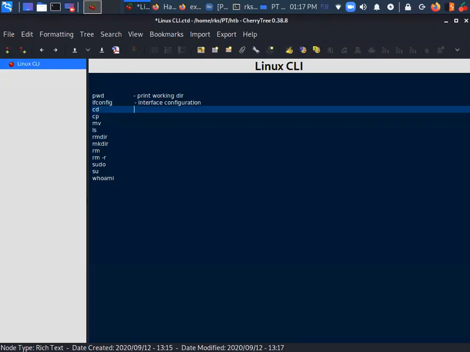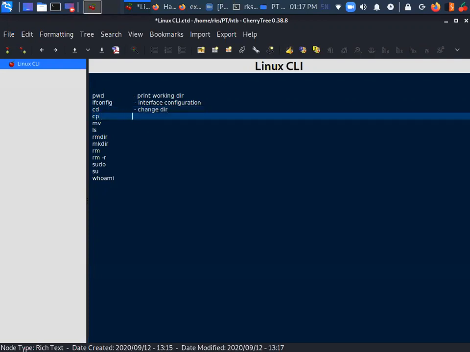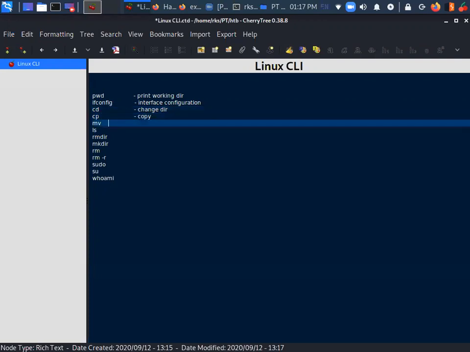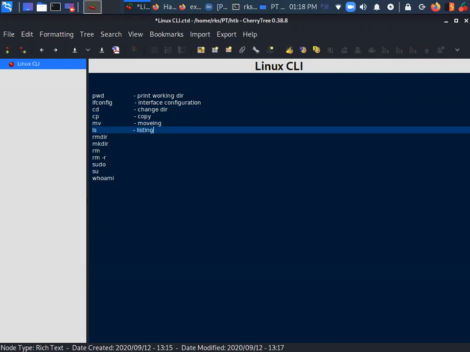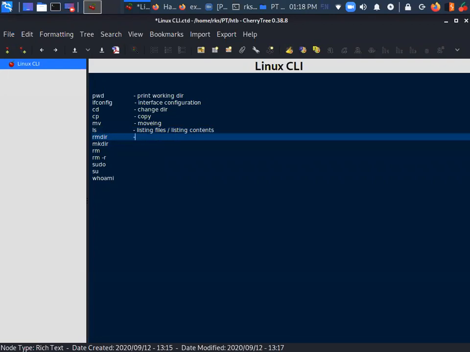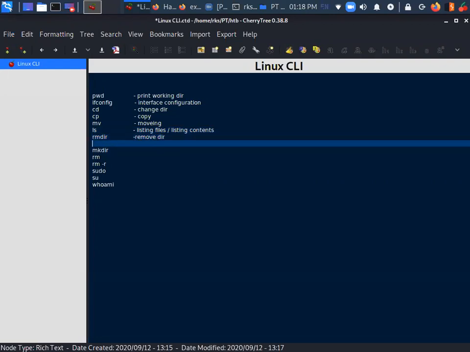Then we have cd for change directory, cp for copying something, mv for moving something. This is for listing the contents of the current directory. Remove directory, or you can say make directory.